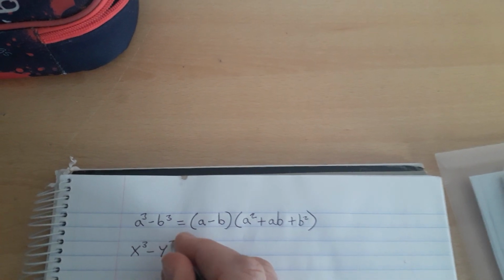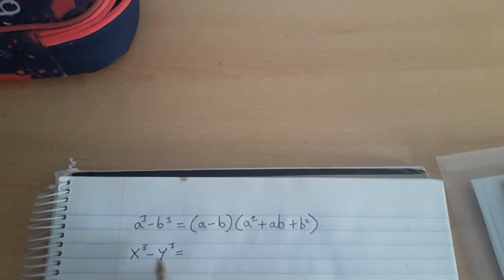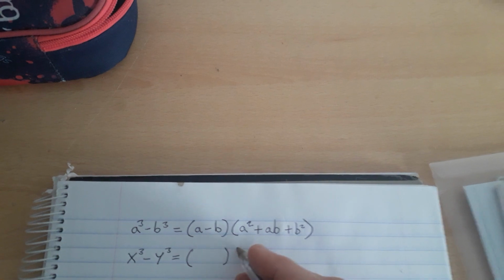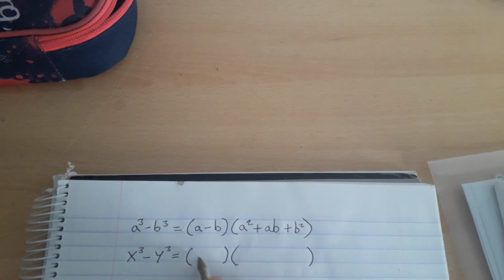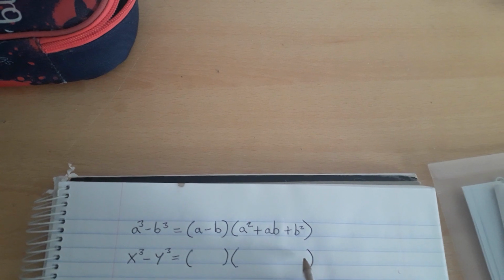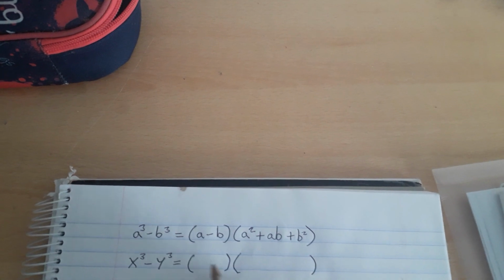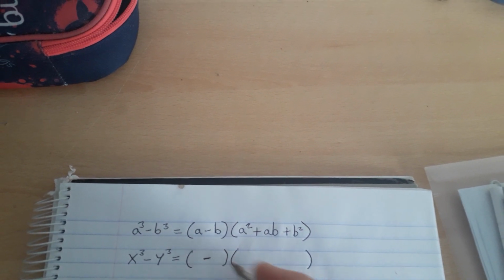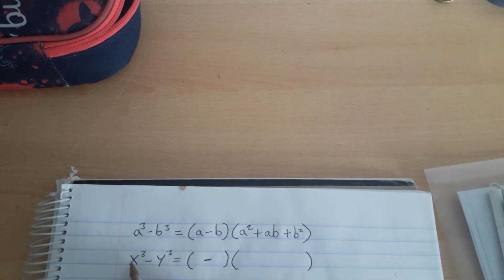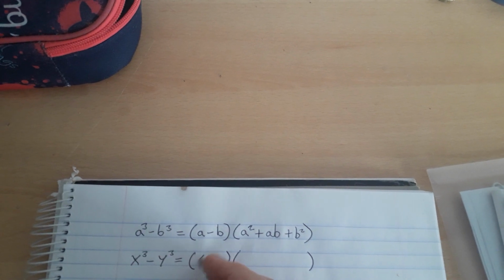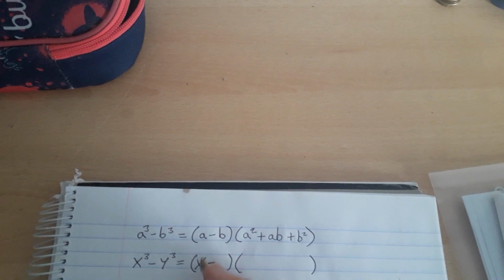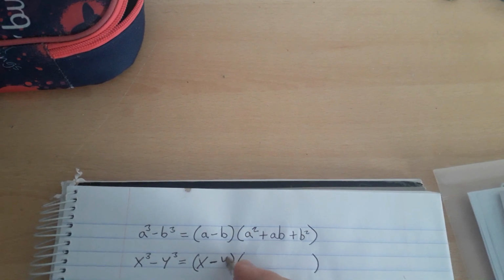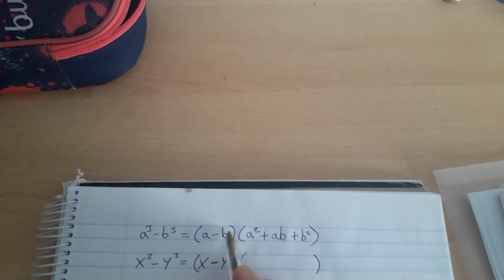So for instance, if we have this difference of two cubes here, x cubed minus y cubed, if we use the same template, we know it's going to be small two-term factor multiplied by larger three-term expression or factor. We know that the first smaller one is going to have a minus in here, and then it's going to be the first item without any square or cube on it. And then the second one is going to be the second item here, and again without any square or cube